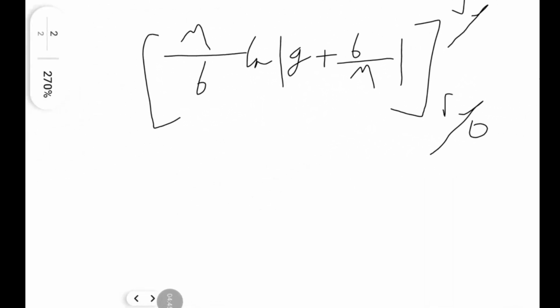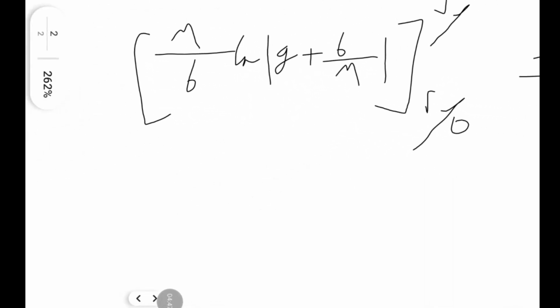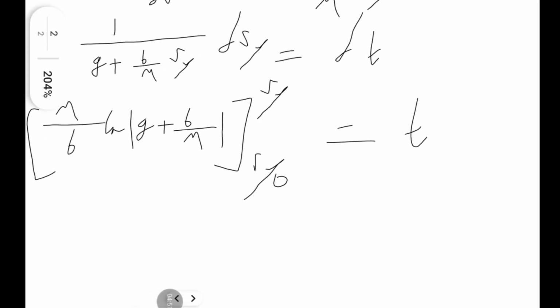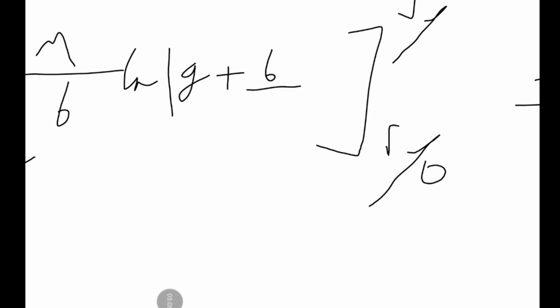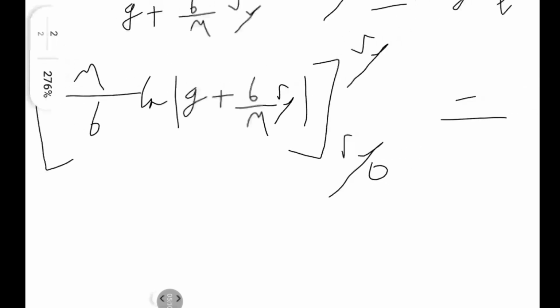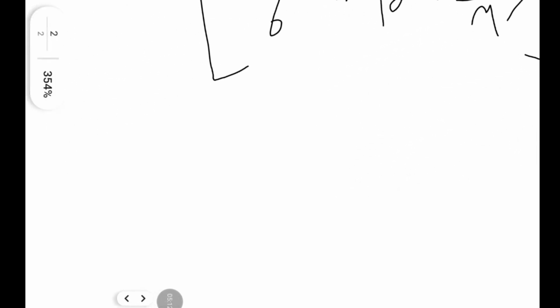Anyway, for the next part, to separate that, it's going to be the same as before. Hang on, I made a mistake there. Sorry about this. The point is that should be b over m Vy. That's the correct form now. Anyway, for the next part, you're going to get it into a form basically of